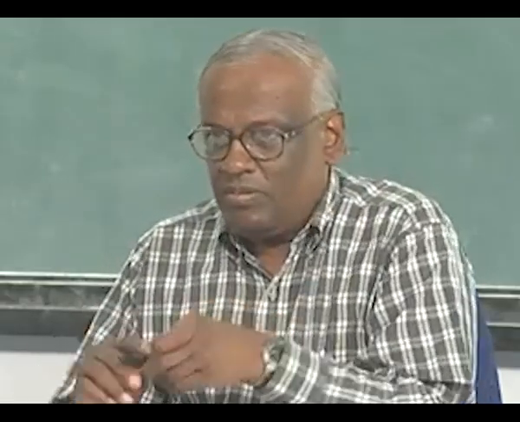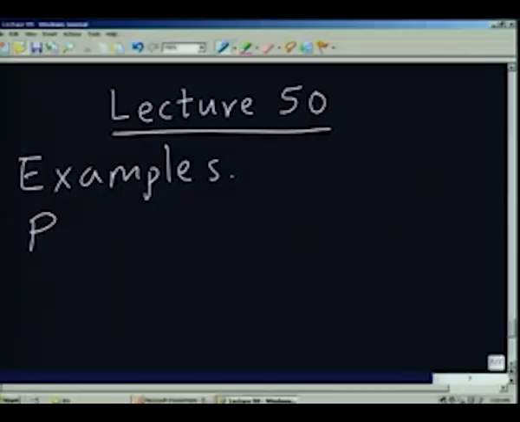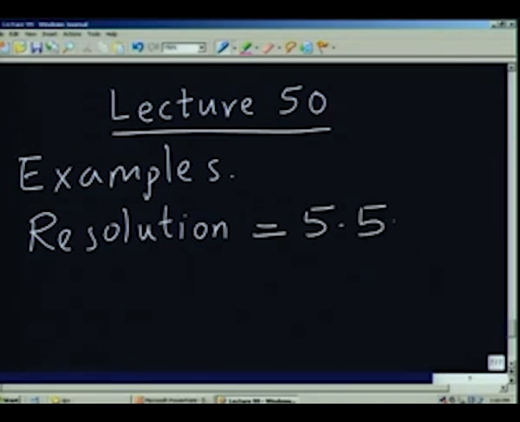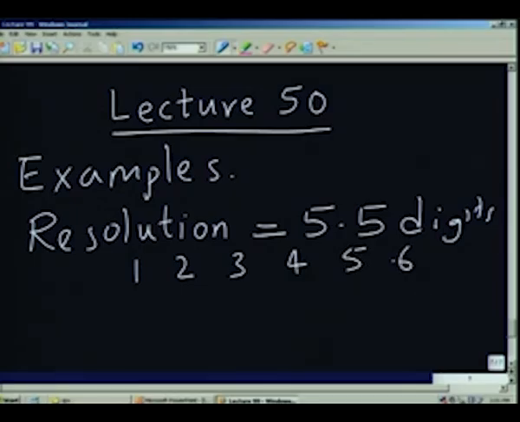So, the resolution, we say it is 5.5 digits. What does it mean? It means if I have a number like this, it has got 1, 2, 3, 4, 5, 6, the number can be having 6 places,